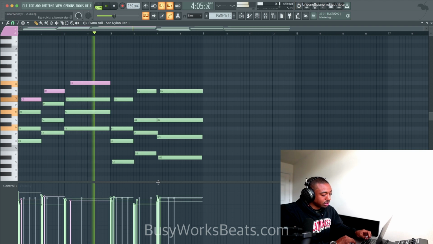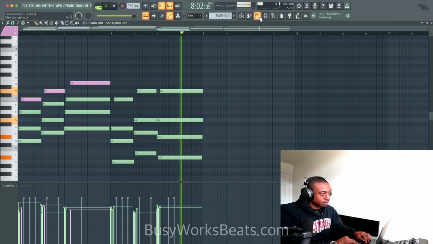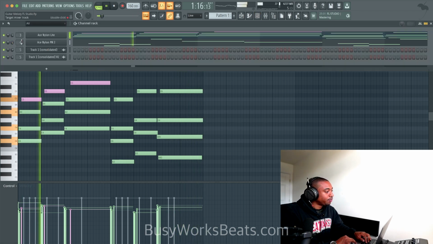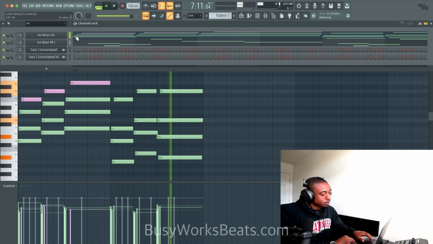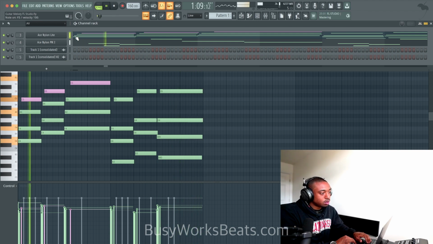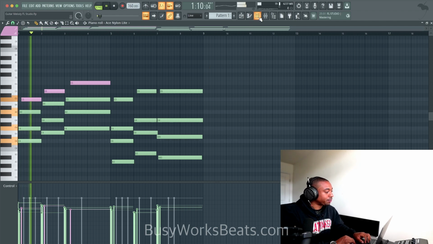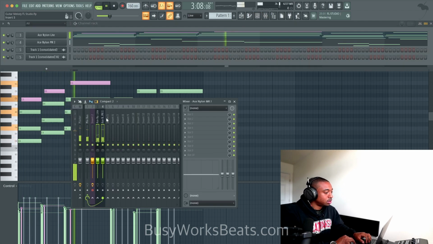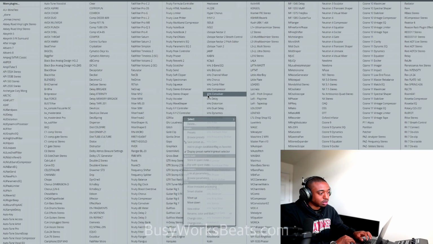Like the chords are a little too heavy, so let's hit Alt X. Pull down the velocity a little bit. So I removed the top line because it was confusing the contrast layer there. Now we can group all these sounds in the mixer and just add effects to make everything feel cohesive.